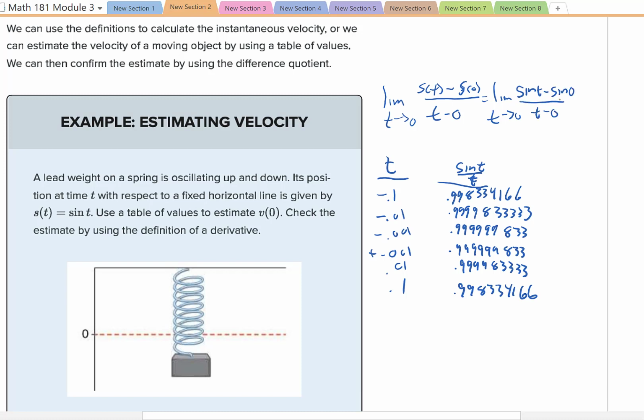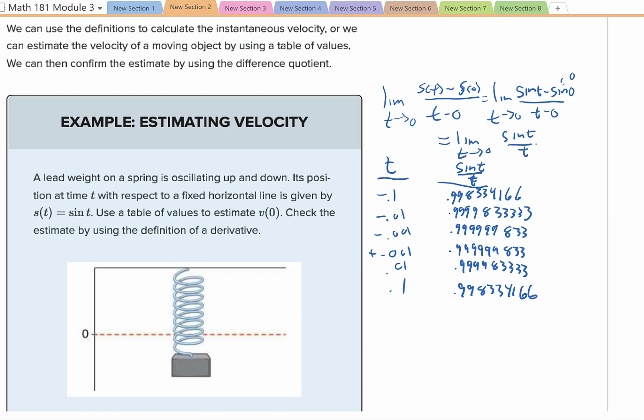Well, if you recall from your pre-calculus days, what is sine of 0? That's just 0. So in essence, we have the limit as t approaches 0 of sine t over t. Now, we know what that is. I hope you recall from what we did in looking at limits and